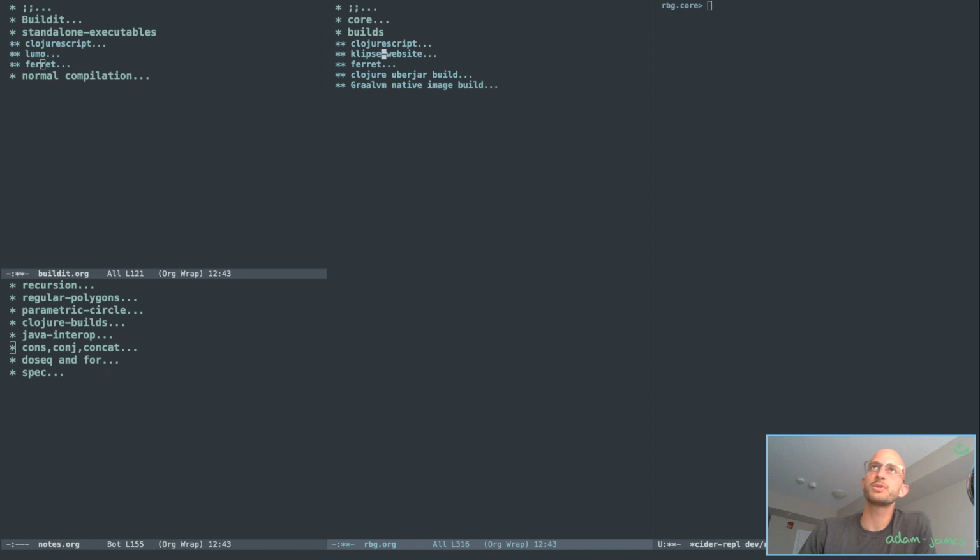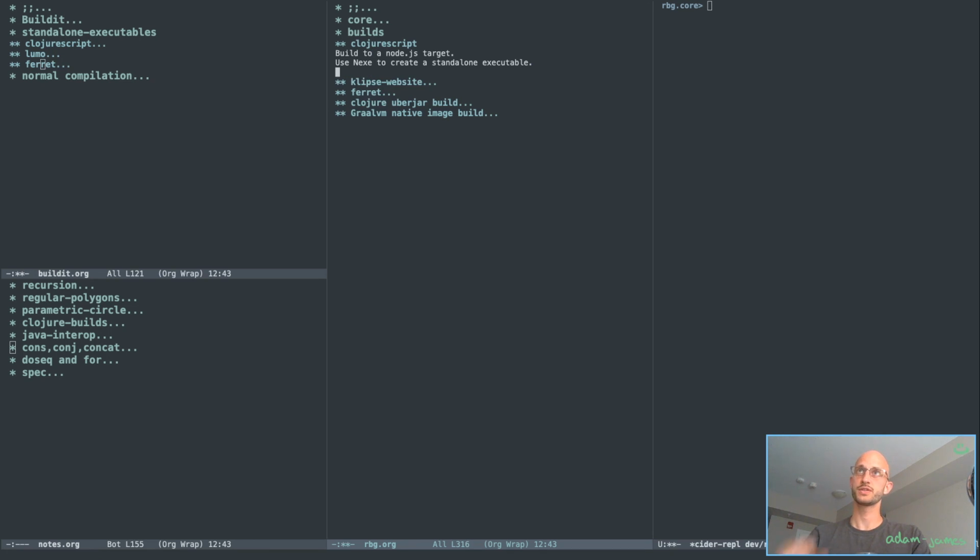And then Ferret would be really neat because it's just using C++ compilers at that point, which is also really a fun exercise. And then RBG and GraalVM would be, I think, also really valuable to learn. So those are the builds, but to start with the ClojureScript one, I do want to first